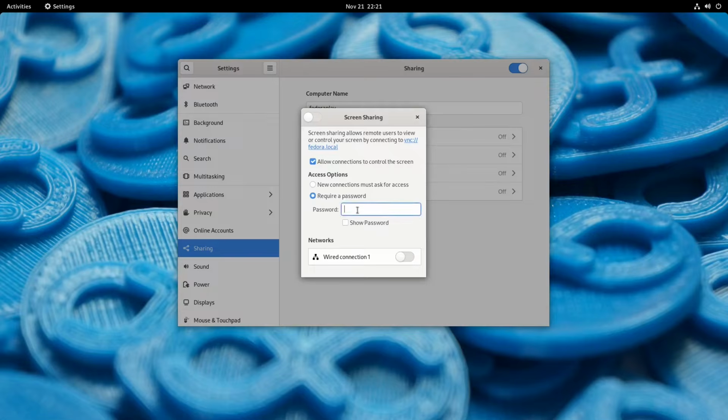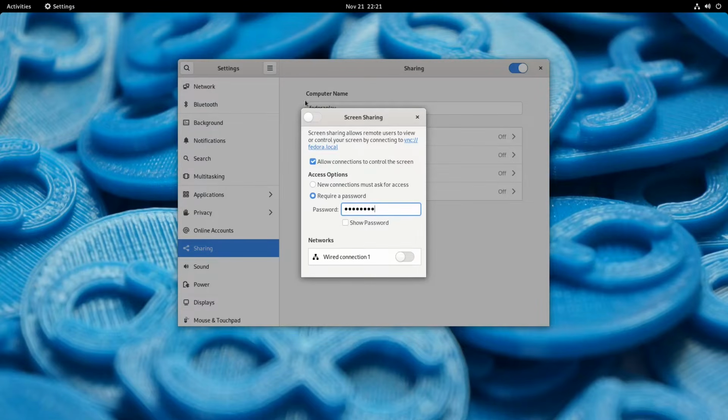We should also require a password. This is especially helpful if there's a chance someone won't be at the machine when you need to remote into it. Then you enable the screen sharing by checking the little box at the top left corner of the window. Why it moved from one side to the other is beyond me.